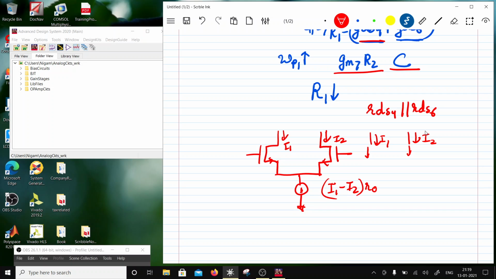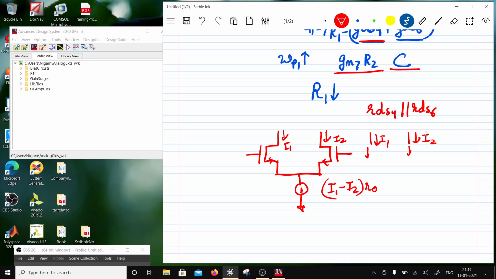Now I am not going to have a common source, but my gain is going to go up. It's still a single gain stage op amp,